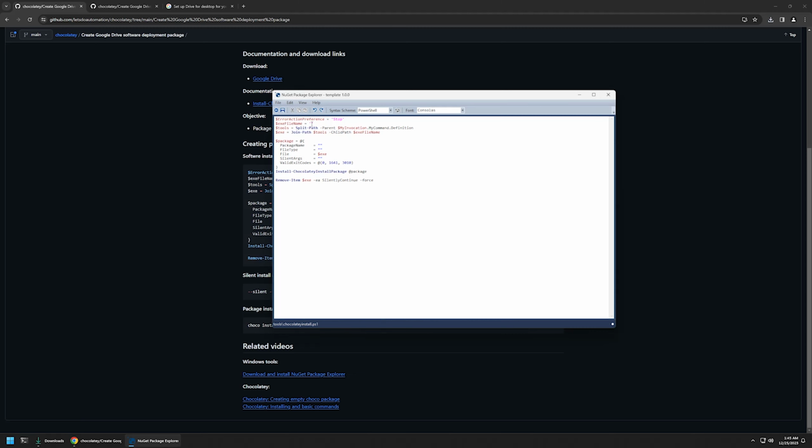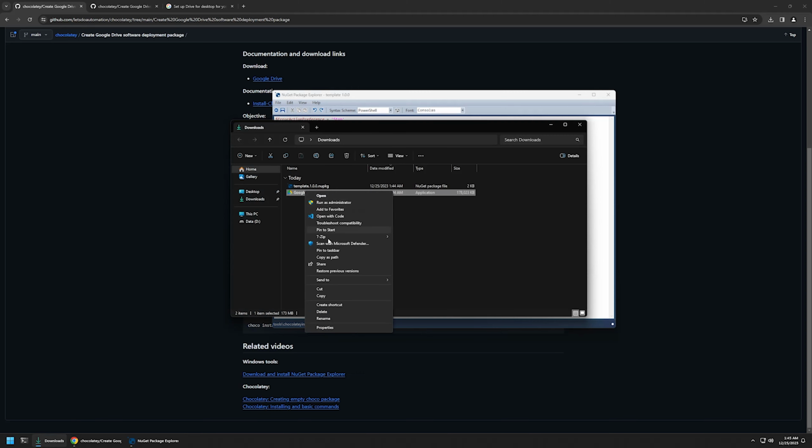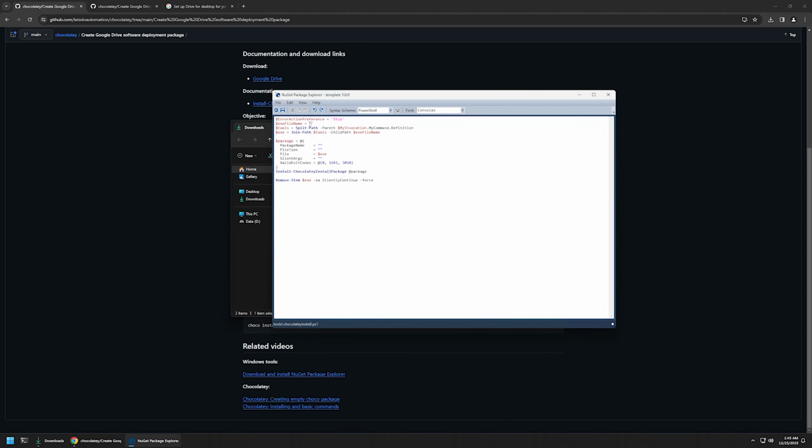For example, here we need to provide the executable file name, and for that I will go to my downloads folder, I will right click on the installation file, select rename, then I will select full name to include the extension, and then I will copy it. Then I will go back to my package, I will insert the value here. For the package name, I will enter Google Drive. For the file type, I will enter exe because we are using a .exe installation file,